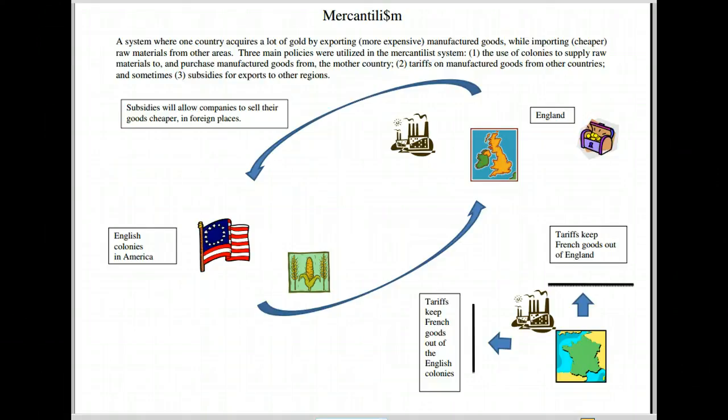Mercantilism is an economic relationship between two regions, such as a mother country and its colony. Mercantilism is important to understand because it explains not only a lot about the world in the time we're studying, the 1500s and 1600s, but it also explains a lot about the world as it progressed through the 1700s, 1800s,